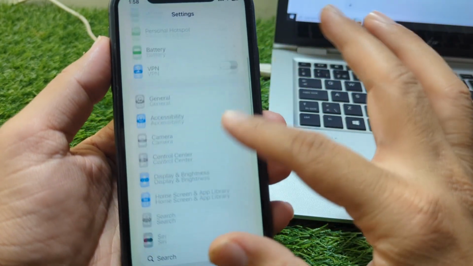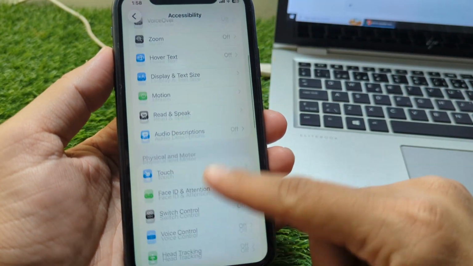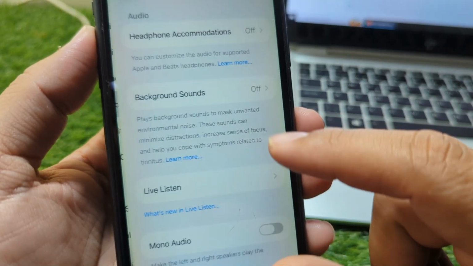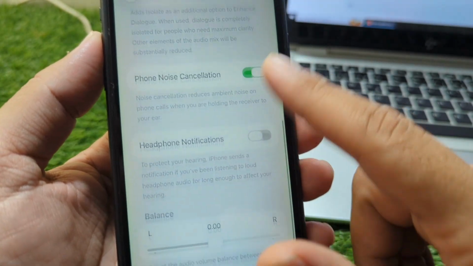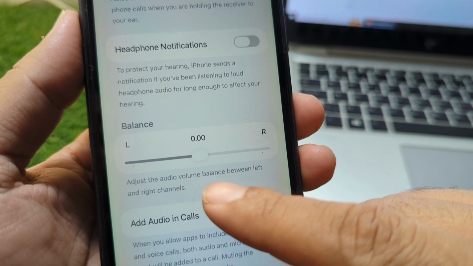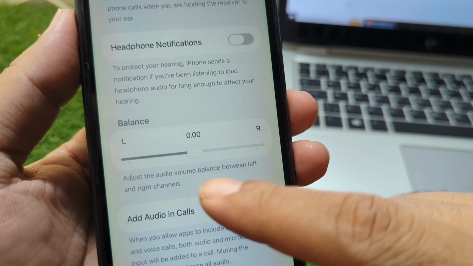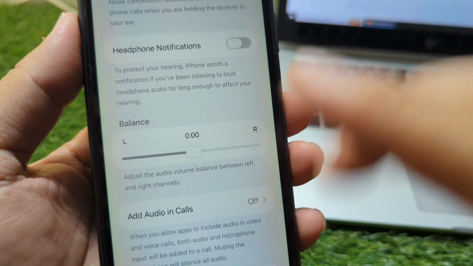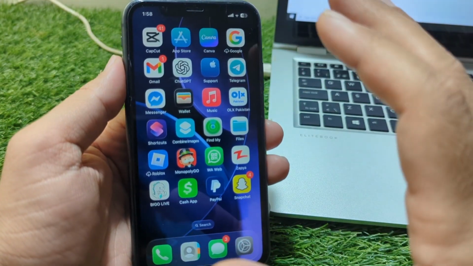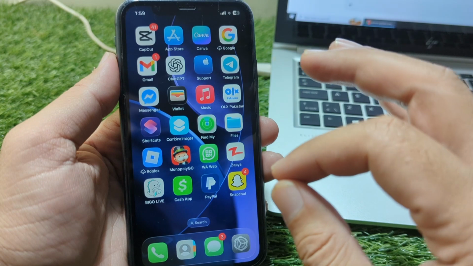That is, you have to simply go to Accessibility in the Settings and then scroll below and go to Audio and Visuals and then scroll below, and from here you have to simply adjust the audio volume balance between the left and right channels. So guys, simply adjust it, and after this check if the problem is fixed or not. And if the problem is still there, then go for the next solution, that is you have to simply contact